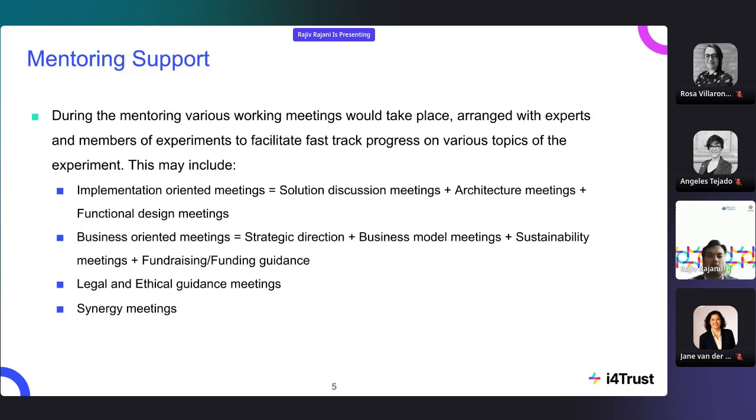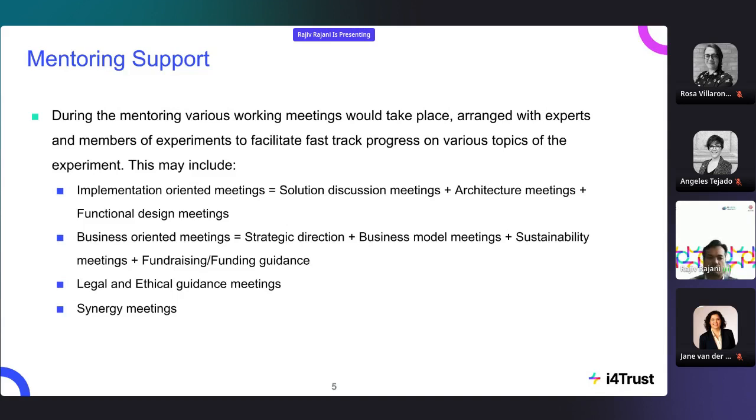So, for example, you may ask for specific workshops or architecture or solution design meetings, and either the mentor themselves or an expert on a specific topic that you require particular support in, they will arrange this meeting with you at a suitable time, and provide you with necessary information or conduct a workshop together to help you finalize the solution.